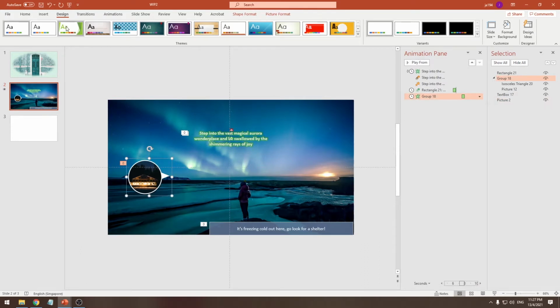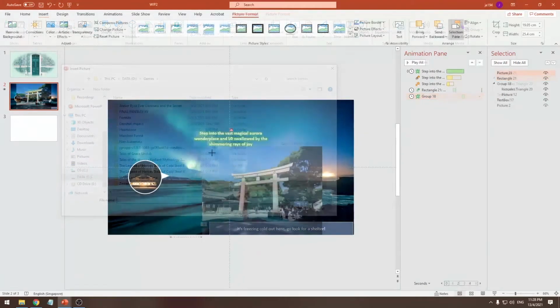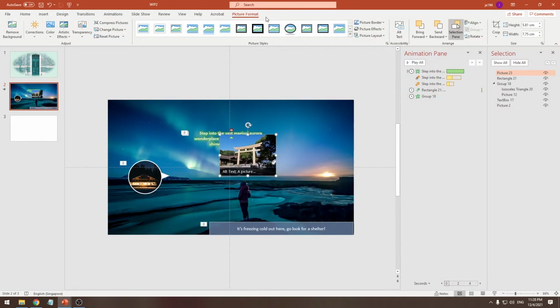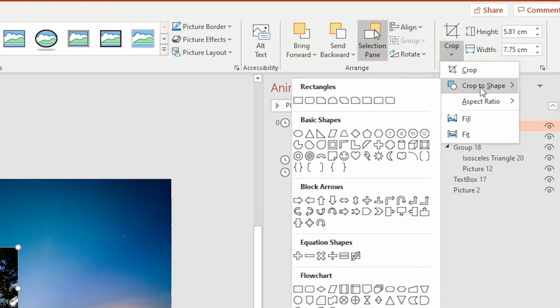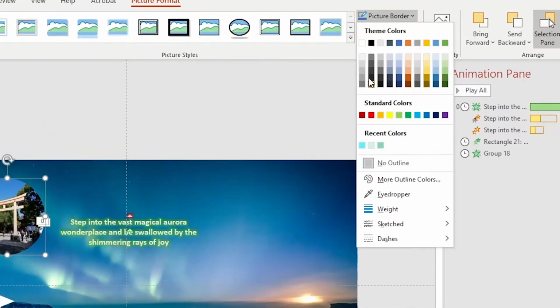So it starts off with I'll just insert an image. I will first resize the image, then I will go to shape format, picture format, crop to shape, select the oval. Obviously you need to make sure that your picture is vertically and horizontally proportionate. If not, you become an oval like this. I'm just using a test picture. So once you have that, you give it a white border, picture border, white, set the thickness,